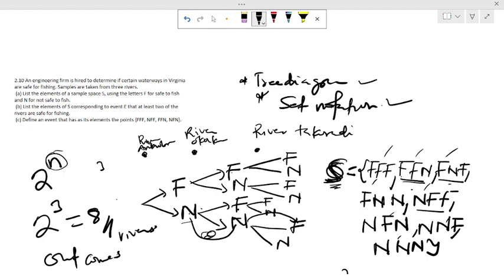So they've given us the events now, and they are telling us we should define the condition that they use to write this event. That's the logic behind this. For question B, they gave us the logic that we need to write the event. They told us that at least 2 of the rivers should be safe for drinking. But now they've given us some events and they want us to describe what the event